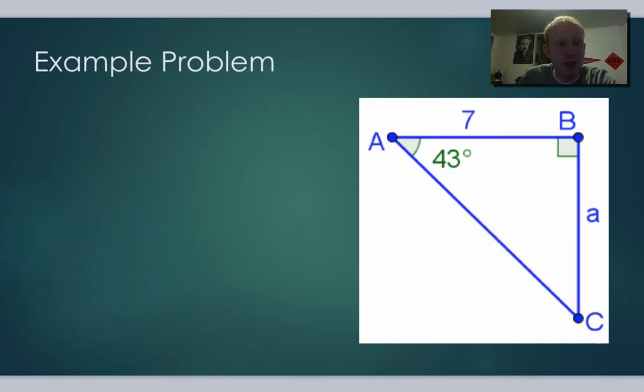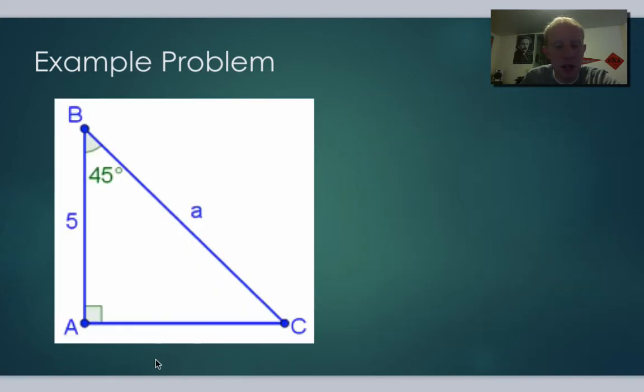Let's look at another scenario, a little bit different. Now in this case, we've got this angle right here. We're trying to find the hypotenuse A, and we have this side length 5. There are two different ways to do this problem. I don't care which way you do it. I'll show you the way that I like to do it and think about it. I always like to do it so that